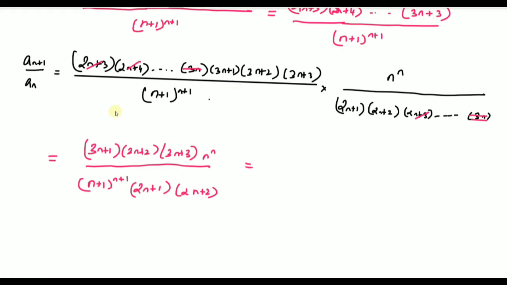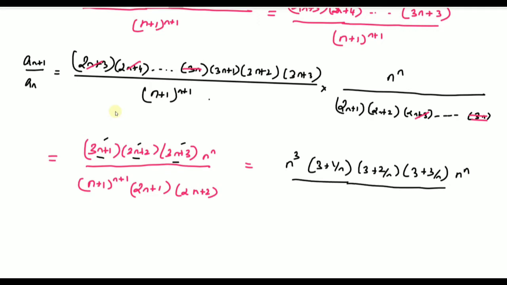We simply take n outside in each term, so we get n cubed in the numerator. The remaining terms are (3+1/n)(3+2/n)(3+3/n), times n to the power n, the whole divided by, in the denominator, we take n outside to get (n+1) to the power n+1 and n squared, so we get (2+1/n)(2+2/n), and here n cubed in the numerator and n squared in the denominator, so n squared is cancelled,